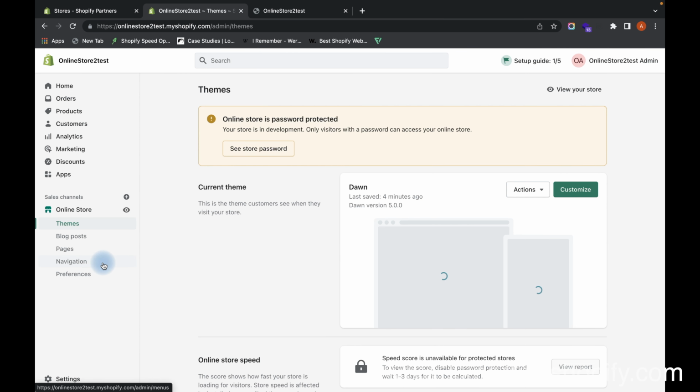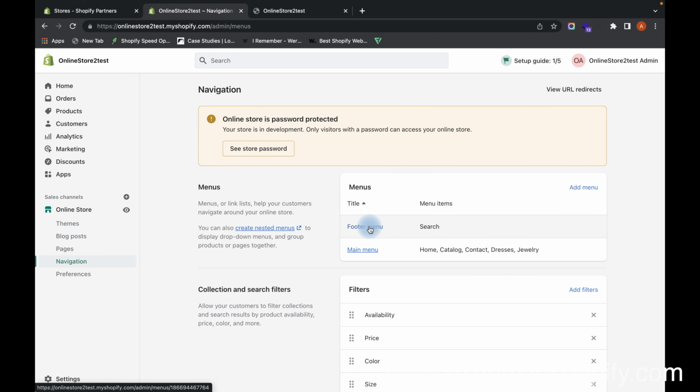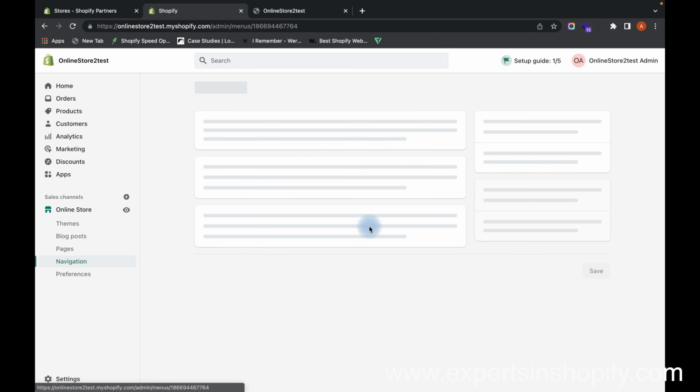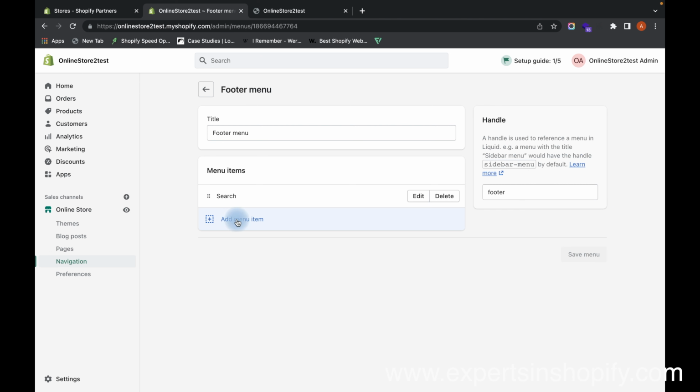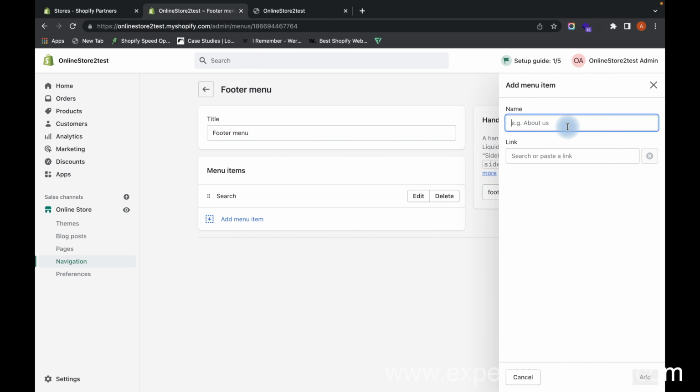The next thing you have to do is go to navigation. We add the policies on the footer menu. So click on that. Here you have to click on add. Click on add menu item, and here you have to type in the name of the menu, terms of service,